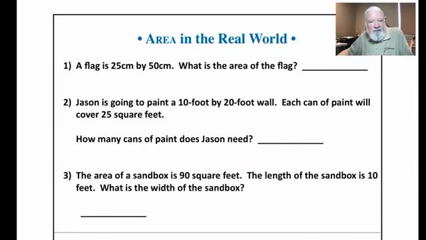Okay, for the benefit of those of you, let's see, 8 cans of paint. Okay, I like it, Julian. I got 200 for the area. You multiply base times height, that is the 10 times the 20, and that gave you 200. And then divided by 25. And how many 25s are there? You could do that as a long division problem, or you could do it the Mathnasium way, which is to ask, how many 25s are there in 200?